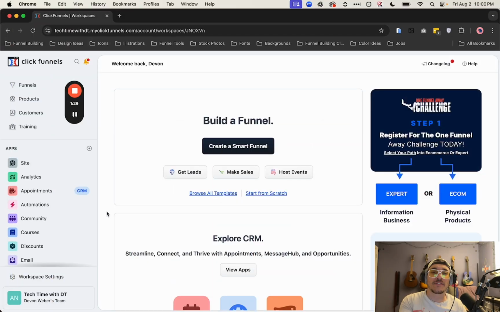So to start things off, what you're going to want to do is obviously make sure you have that downloadable asset somewhere on your computer to then put inside ClickFunnels. And once you've checked that box, let's head over to ClickFunnels real quick and let's go down to the workspace